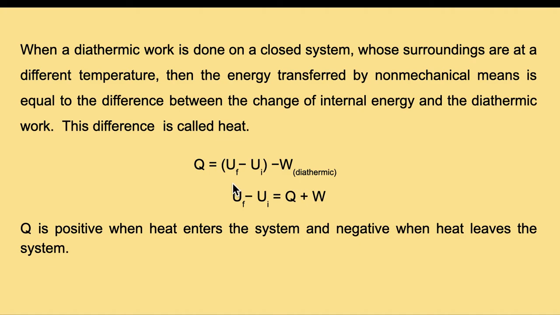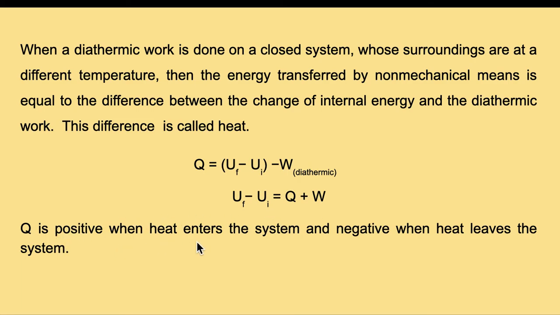That means you can write Q is equal to U_F minus U_I minus W diathermic. In the previous case, if you compare, there W adiabatic was equal to this one. That is why Q is equal to 0. But here Q is not equal to 0. That is why U_F minus U_I minus W diathermic equals Q, or you are writing it as U_F minus U_I equals Q plus W. And